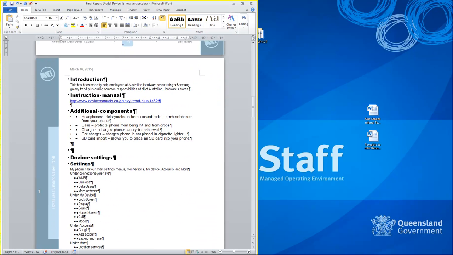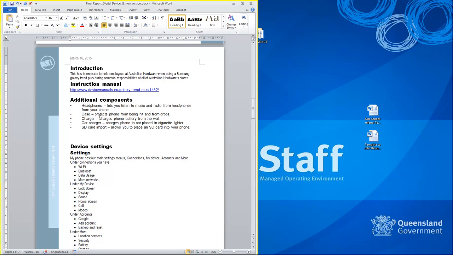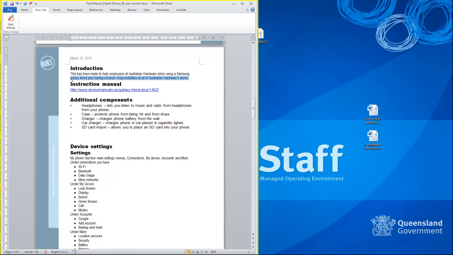It gets a little bit messy with these on. I'll turn them off. So you can see here, introduction starts at the very top of the page, which is what we want. Introduction starts at the very top of the page, which is good. So that has to be consistent throughout the document. Let's have a look here at this line of text, and then the heading where it says instruction manual. The heading instruction manual and this last line of text here,